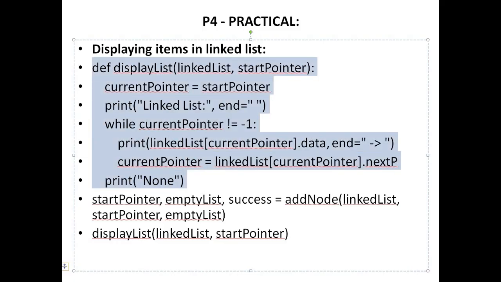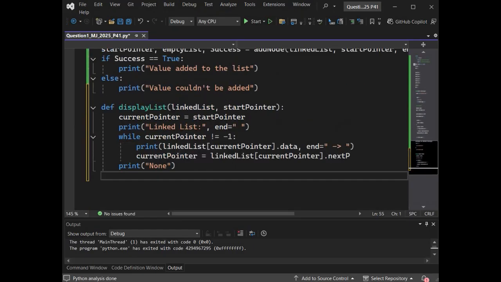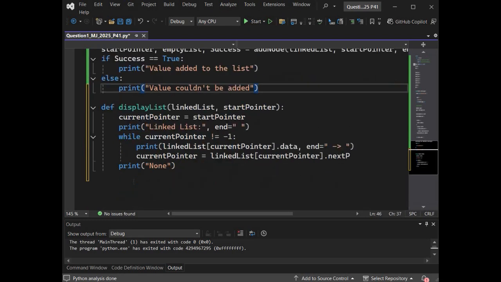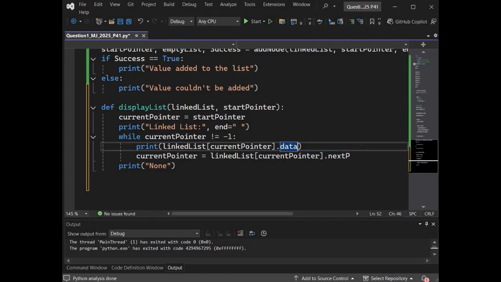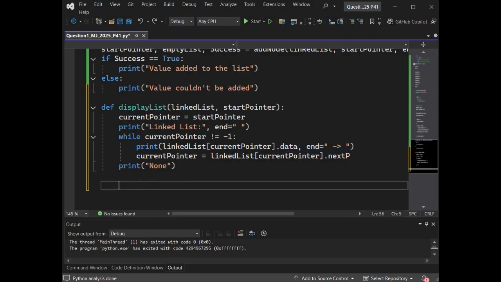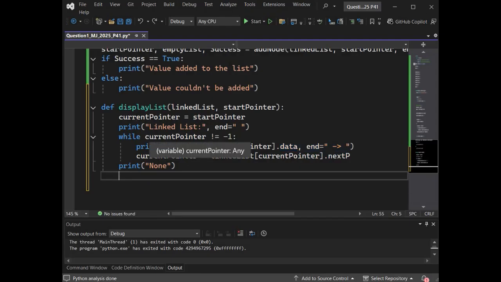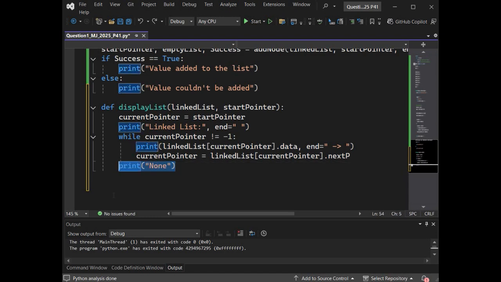So I'm going to copy this code. I already have values over here, and now I'm directly going to run this code. I've added this end thing so that after printing a data, it can show this sign, so you can see it very beautifully. This is not necessary, you can just print this much, it is fine, but this will give a very good visual representation of a linked list. Otherwise, if this happens, then you will print None.